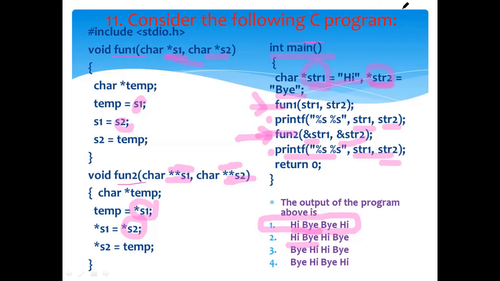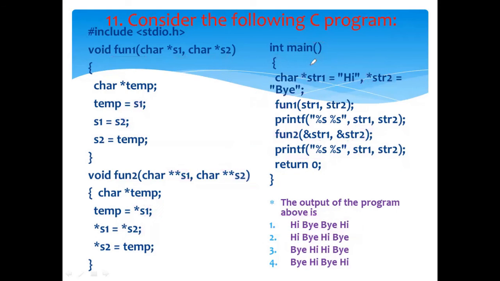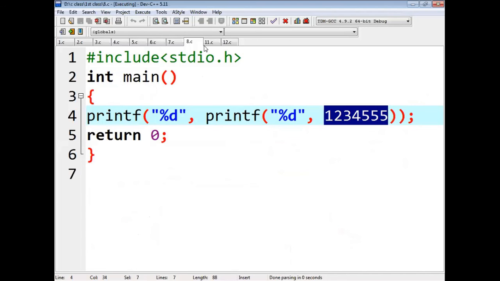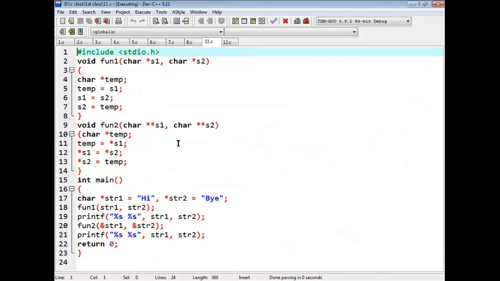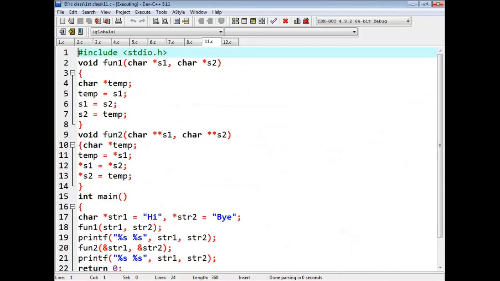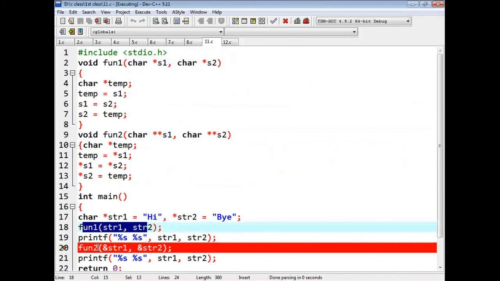We should check whether our expected output is correct by checking with our editor. So let us go to the editor and check it out. Yeah, this is the same program, and I will zoom in. We have fun1 and fun2, which are used for swapping, and we should check how exactly swapping happens when you call the function twice.